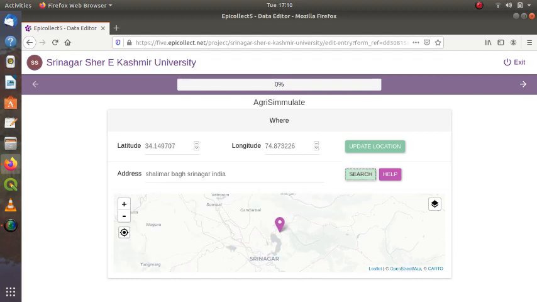There is Shalimar Bagh. I have a photograph of Shalimar Bagh. So I am going to update the location. That means this location is in fact simulated. Remember it, simulation. That means I have not gone there, but I fetched the photograph from the website.